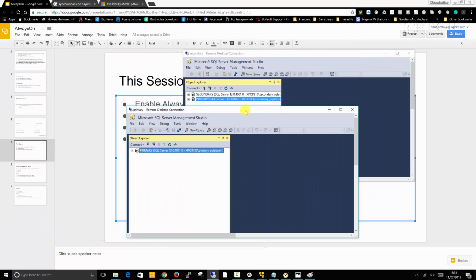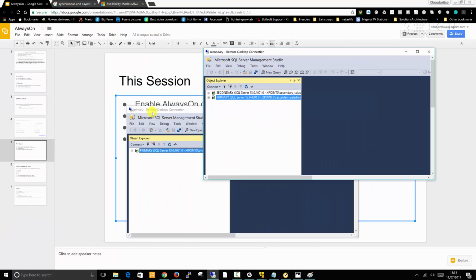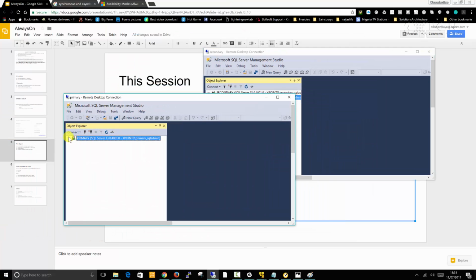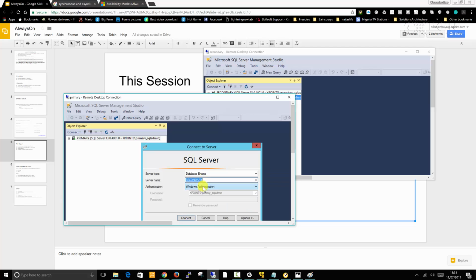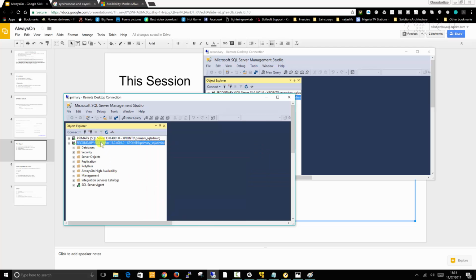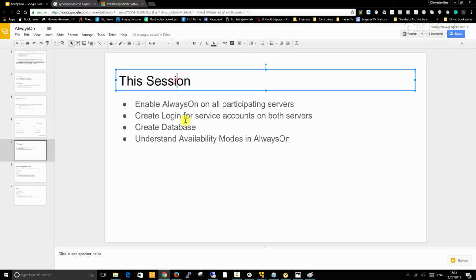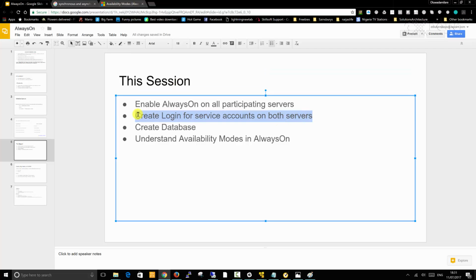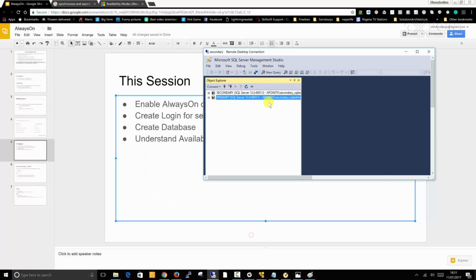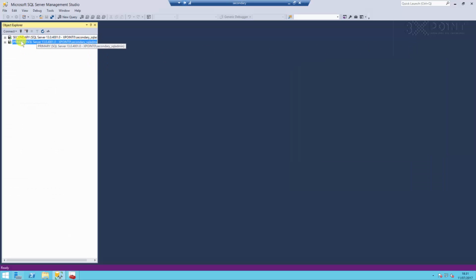you can see we have two remote desktops open. This is primary here. We can basically connect to secondary. We have both connections established, and we have both established here as well. So that's the purpose of this that we have just satisfied. So the next thing we want to do is to create a database. This is something that we are familiar with already, so we can easily do that